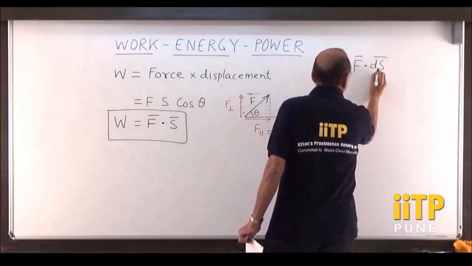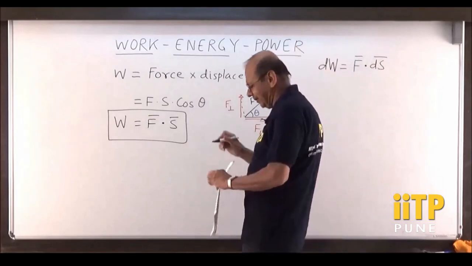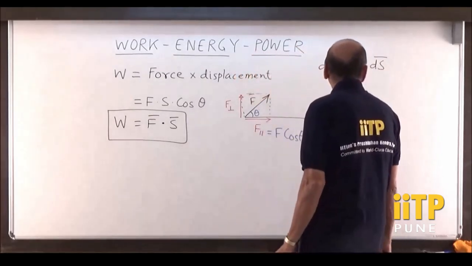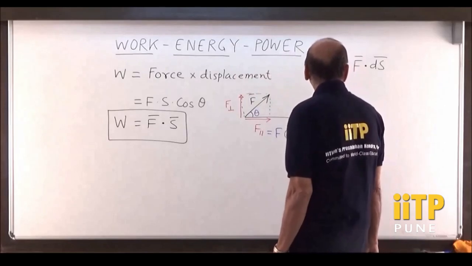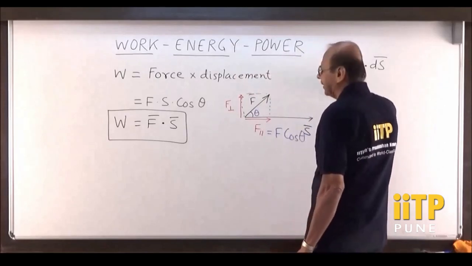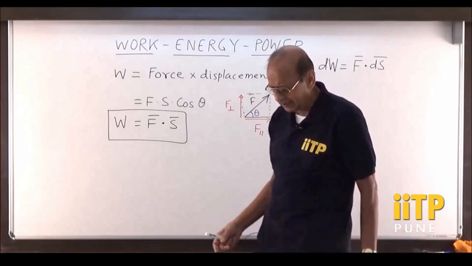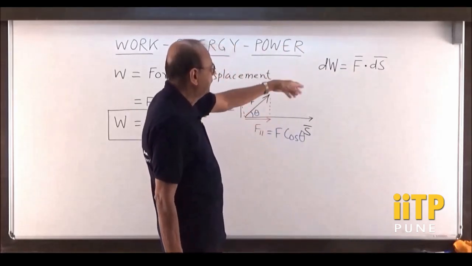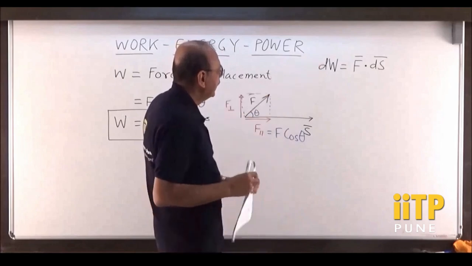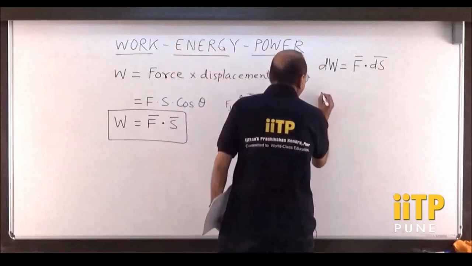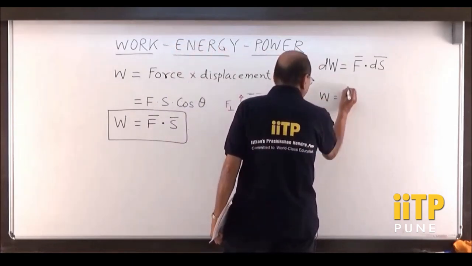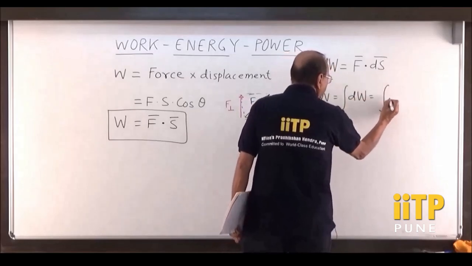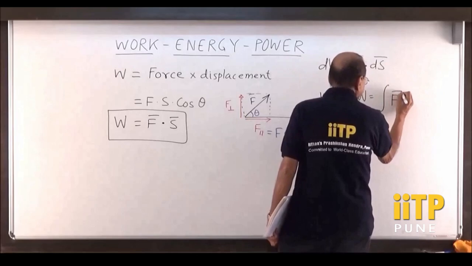So this small work in that small fraction of time is F dot ds, where ds is an infinitesimal displacement which occurs in that small time. So dW is F dot ds. This we have to do because F is continuously changing. So we take a value of F, for a very short time we multiply it with ds, then next F and next ds, like that we go on doing, and therefore ultimately we can say total work done is integral of dW, which is equal to integral of F dot ds.